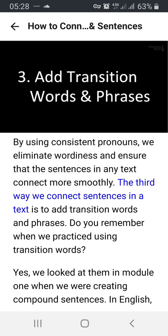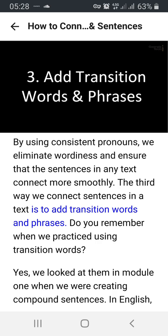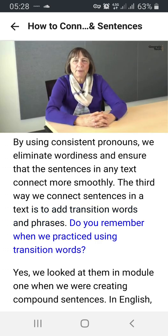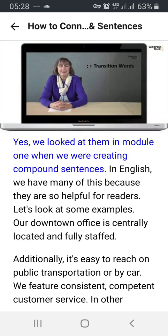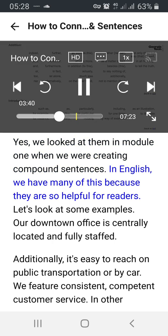The third way we connect sentences in a text is to add transition words and phrases. Do you remember when we practiced using transition words? Yes, we looked at them in Module 1 when we were creating compound sentences. In English, we have many of these because they are